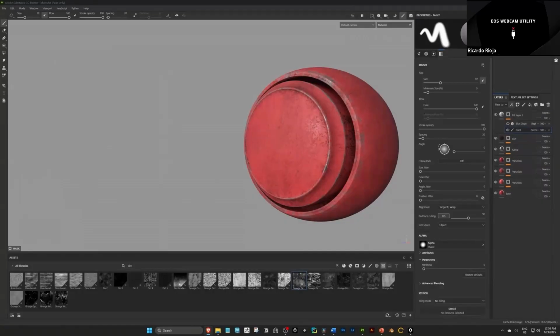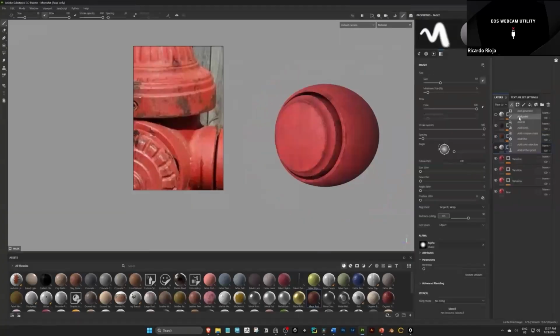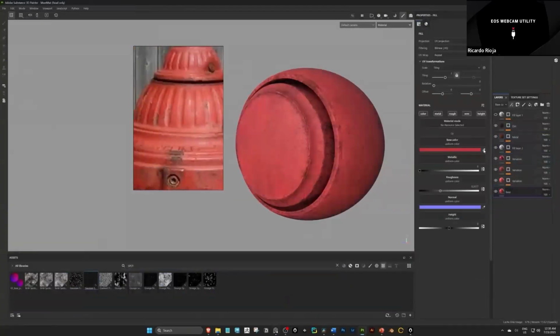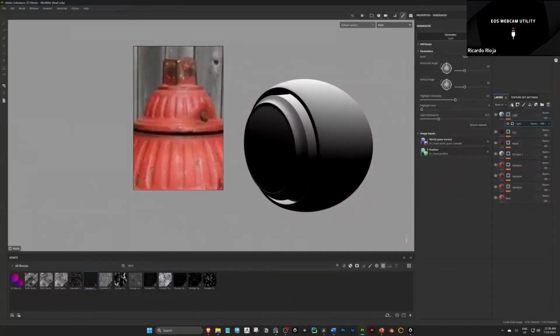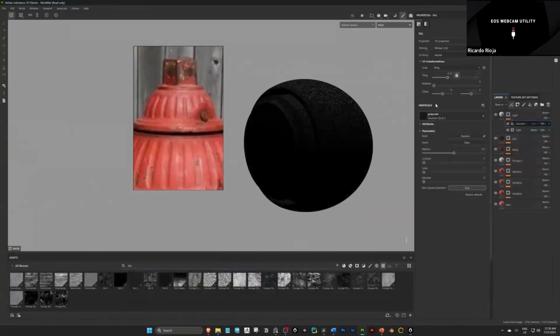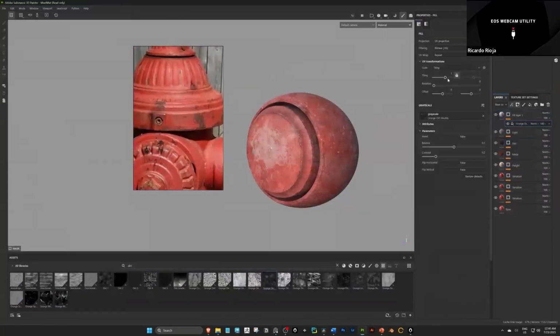So I got to this, and some people might say, this is good enough. But that's when we look at references and we start pushing ourselves a little bit more, right? I was doing this off the top of my head. And then when I started to look at reference, I started seeing how something really is. So it's like, oh, the metal is not showing. It's already rust, right? So I changed that. I also noticed that there was a little bit of height variation, some displacement, some bump. I added that. I also saw that on the top part, there was this white thing accumulating over it, maybe dust.